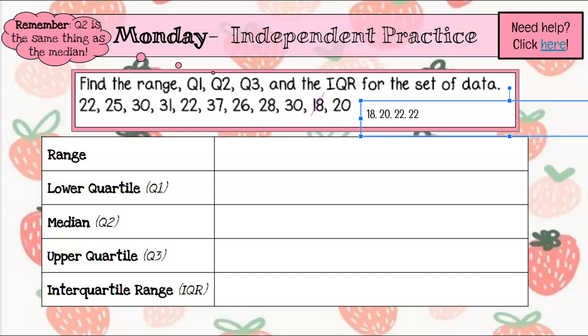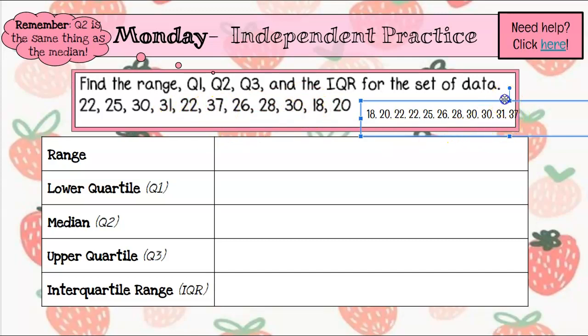Cross off 18, crossed off 20, 22, 22. And I've got 25, 26, 28, 2 30s, 31,